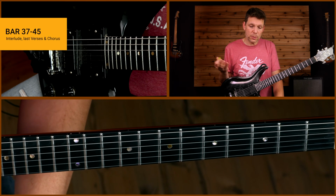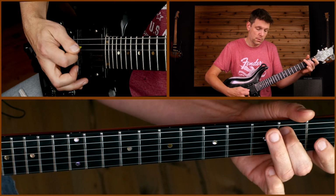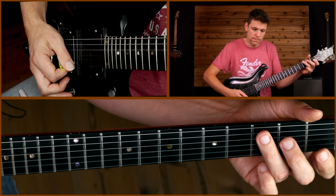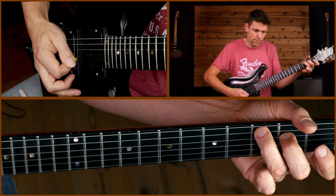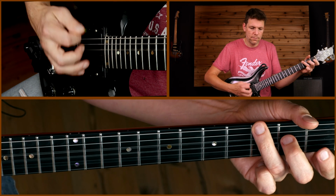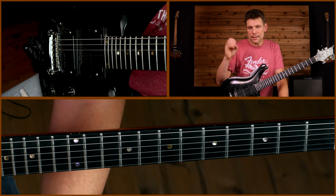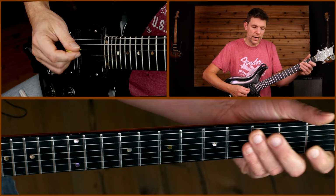And that interlude is pretty much the same thing as what we've played in the intro. So that goes like this. Right? Then you go into your last verses. Right? Eventually that goes into your last choruses. And let's see, that last chorus section is played 4 times and then you end on a C chord, right? So you get...